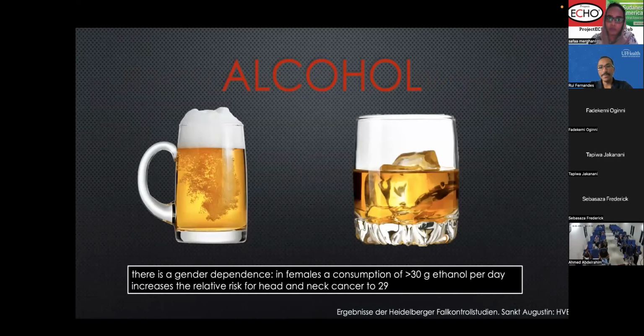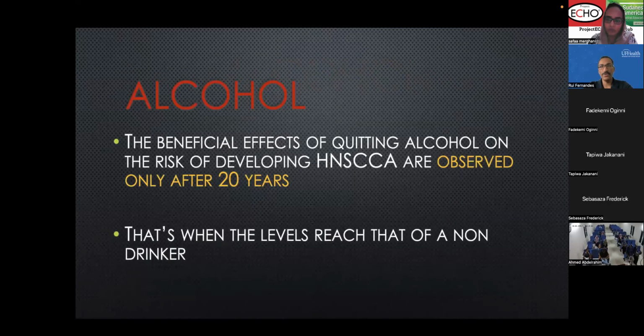Also, if you compare, as we did with smoking, alcohol consumption, even if you stop, you don't observe any benefit until about 20 years post. So if you're a significant alcohol consumer, it does take quite a bit of time for your risk to reduce to that of the standard non-drinking population. Other factors that are important, if you do smokeless tobacco, which is a bit more common in